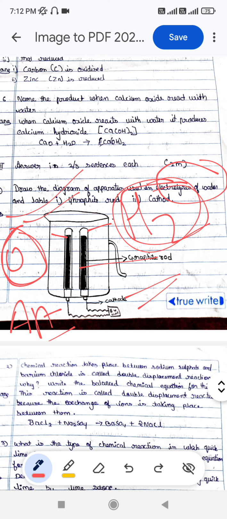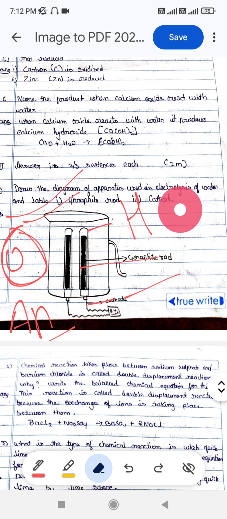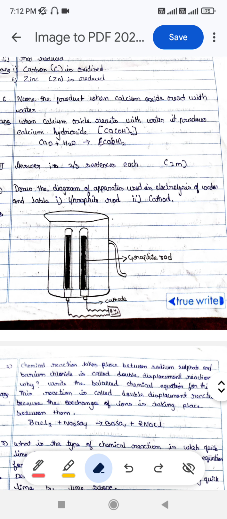Remember that this is a graphite rod and this is a mug, and here what voltage is there. Like this, different labels we can remember and draw neatly in your exam, right? This is about the first question, electrolysis of water, right? Next